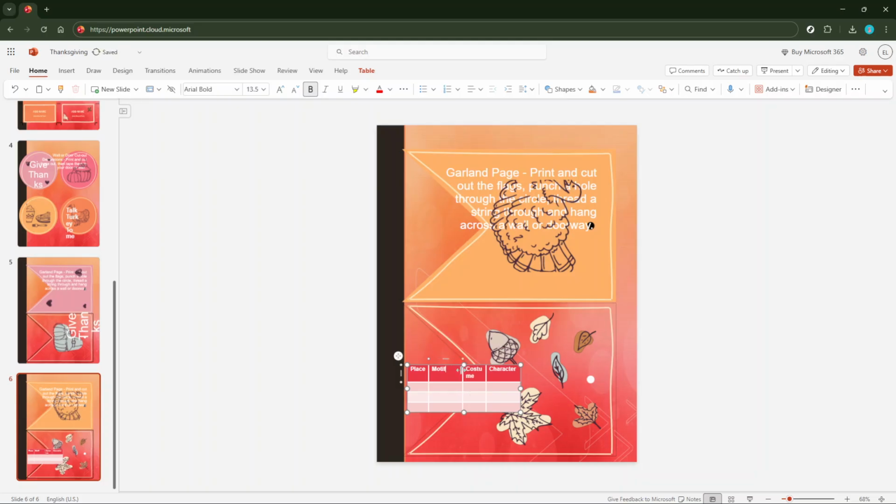Once your cursor has transformed into that double-sided arrow, click and hold the mouse button down. Now, as you keep the button pressed, begin to drag the border of the column. You can drag it to the left if you want to make the column narrower, or drag it to the right if you intend to make it wider. This manual adjustment gives you the flexibility to tailor the column precisely to your slide's layout and data needs.